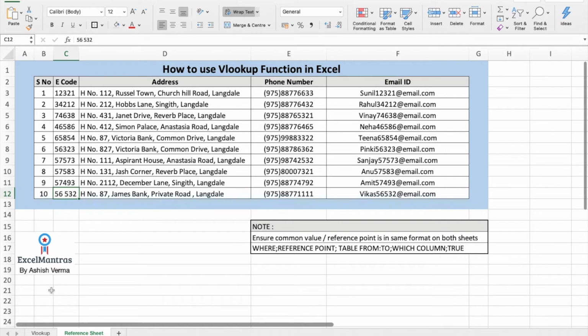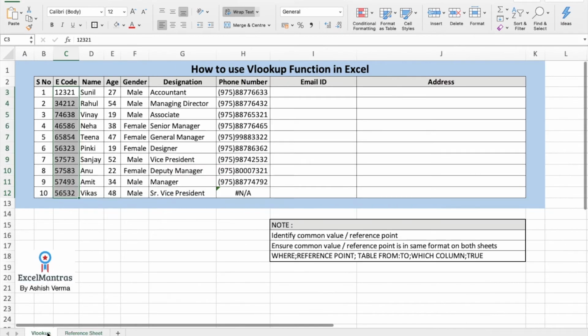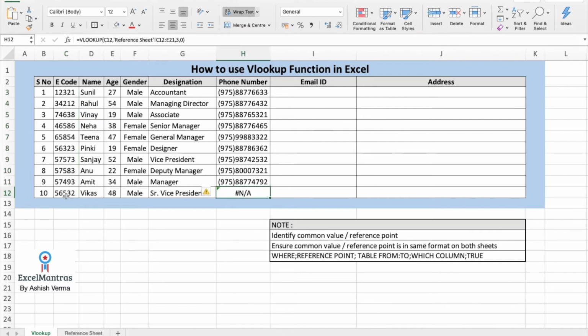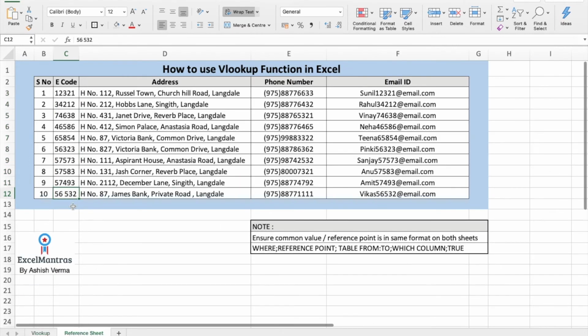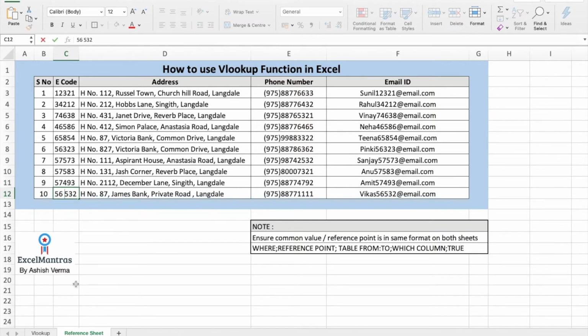Since there is a space, this technically has become a 6-digit number. So VLOOKUP could not identify or match 56532 from 56 space 532. To ensure that this is similar to the previous columns, we need to ensure that there is no space or any other special characters in that particular reference point.